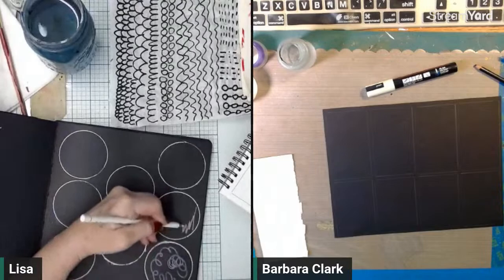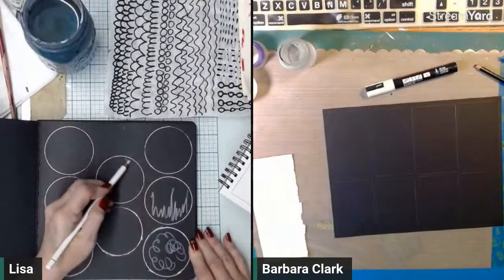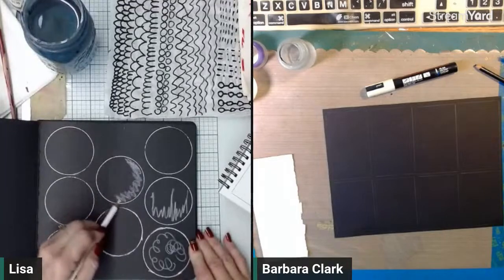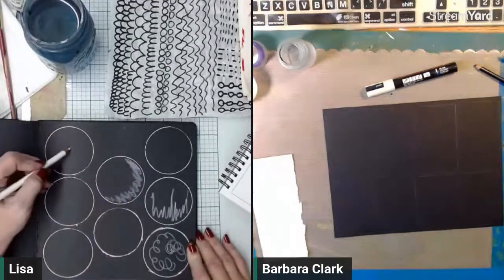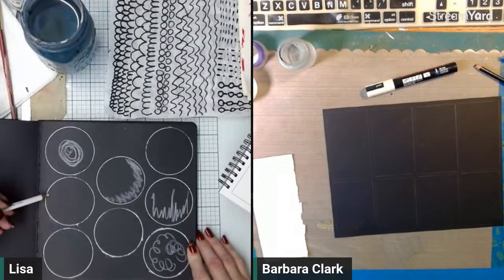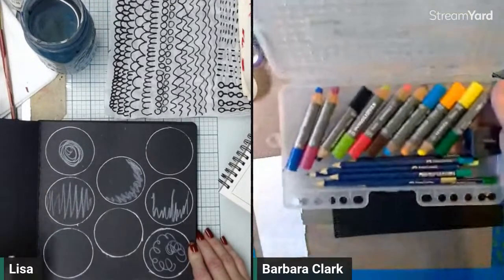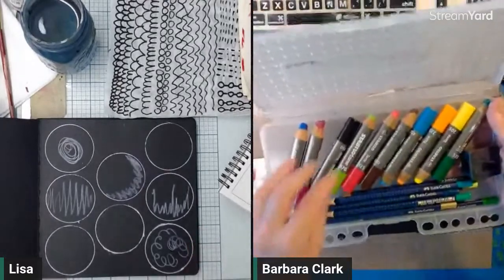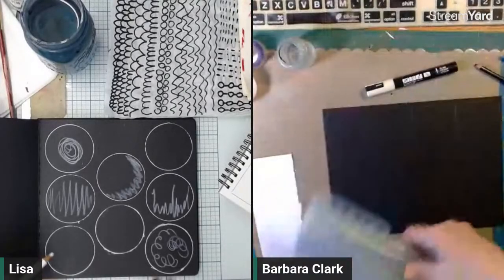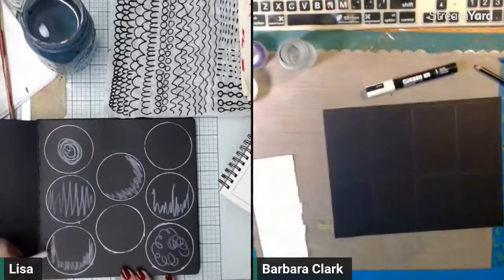Let me see if I have a white Woody. Do I have a white woody? No. This is the little set of woodies I've got. I've got, what, not 12? Uh-huh. 10. 10 of them. I don't have a white woody. Okay. I'm going to use Posca, and I'm going to use